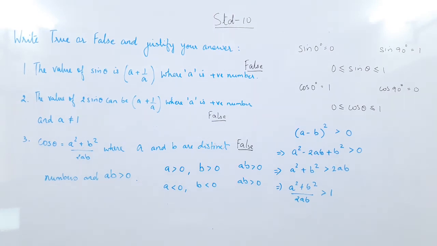So I hope you like this chapter. Practice the sums. Today is the end of the chapter. We have covered all the different types of sums. Now all you have to do is practice them so well that you become very good at it. And for those who are taking science as an option, this is going to be very, very useful. So make your base of trigonometry as strong as possible. We have a lot of time to work with maths. So practice it as much as possible. Try to cover many different types of sums and get thorough with trigonometry.